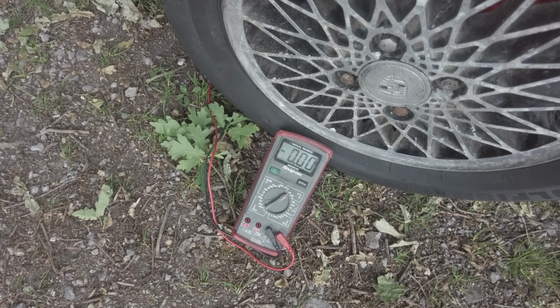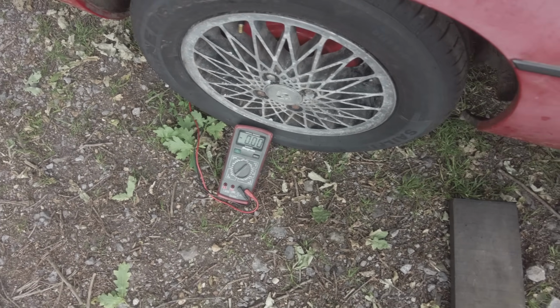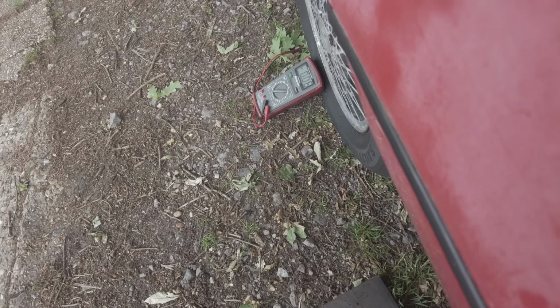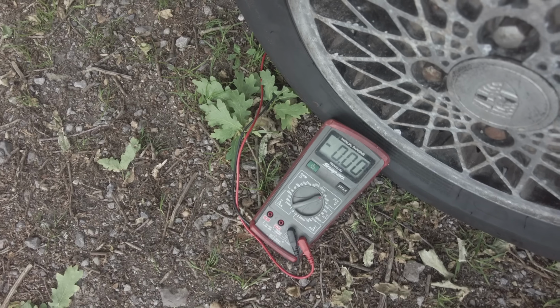Alright, let's try and figure out why the fuel system's not working in this car. If we do, hopefully we should be able to get this thing to start. Let's test the power at the fuel pump. I'm pretty sure I've got the multimeter wires on the connections to the pump. Let's turn the ignition on to see. Ignition's on, no voltage. What if I turn it over? See, the voltage went up a tiny bit,